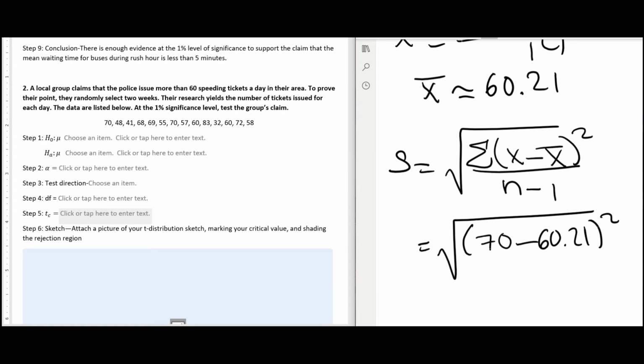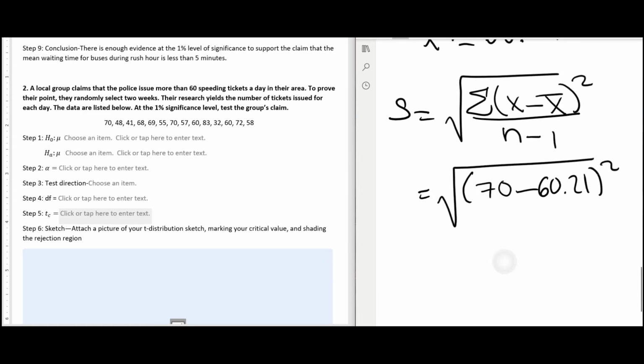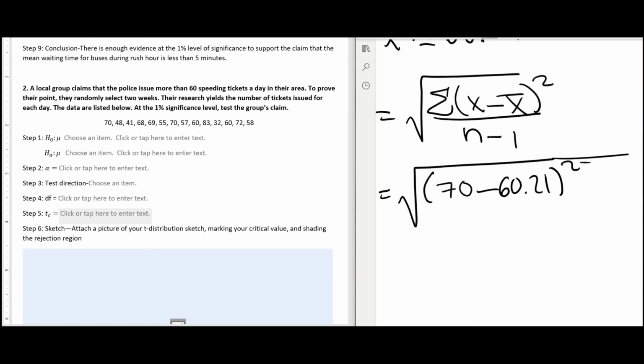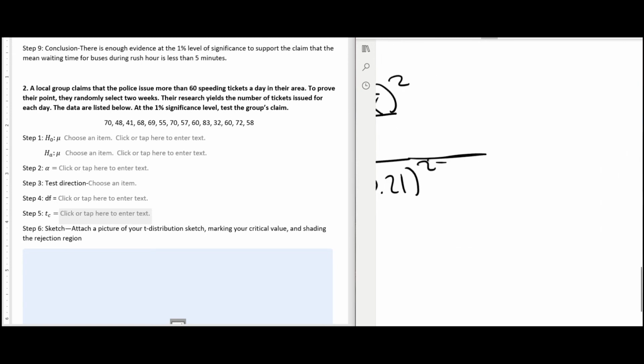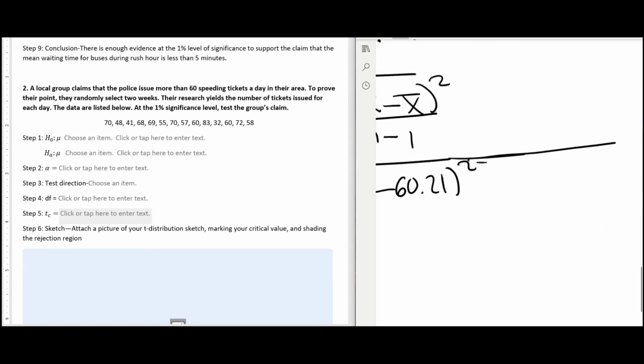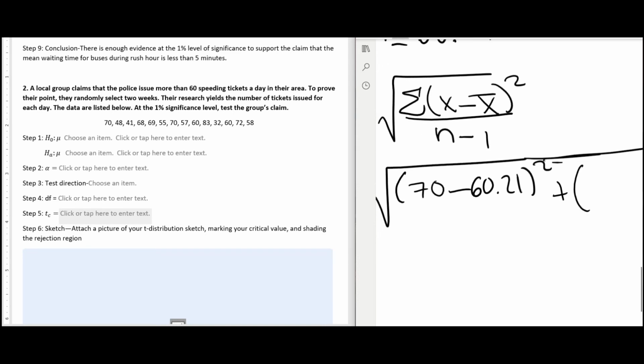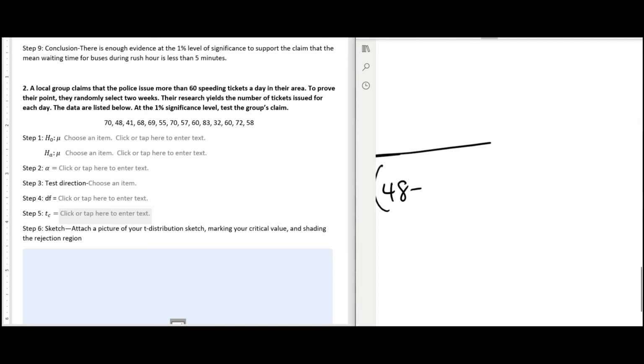60.21 squared. All right, and then we're going to add that. We're going to continue elongating this standard deviation formula, plus parentheses. Now, what's your next x value? My next x value is 48. So 48 minus, and then what's x bar? Well, that's 60.21